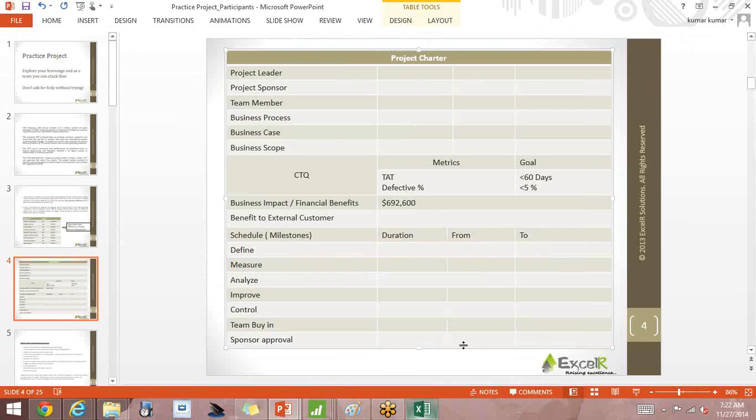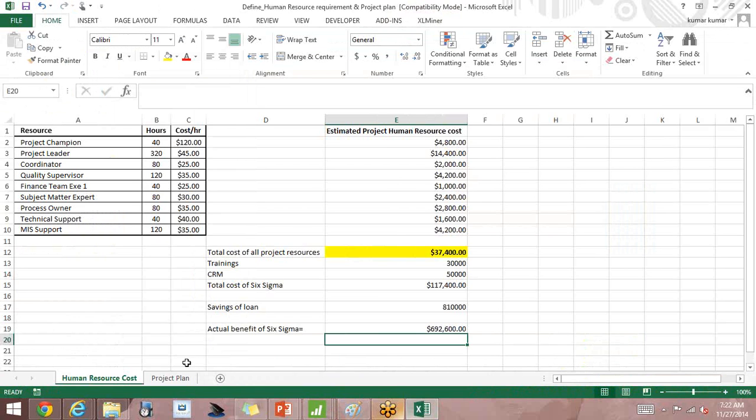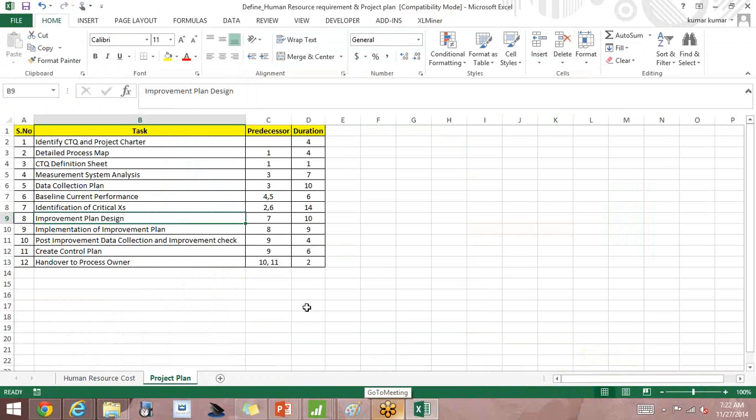What is the duration, from and to date? Sponsor approval, yes, no, team buy-in. So where are you going to get the define phase details? Here it is actually. Here also you should have ideally spent some time.